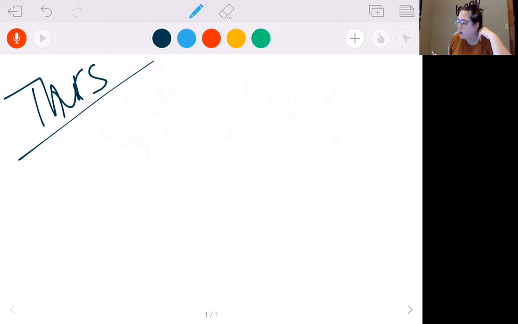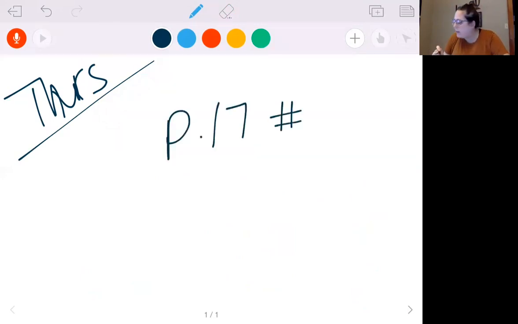Today, you're going to work on more of what we did. Sorry, Mr. Shane is sneaking by. You're going to work more on what we did on Wednesday. So you're going to be doing page 17, numbers 7 through 14. This is more of just practicing addition and subtraction. So what we're going to do is look at some problems you did yesterday and review with those. And then I'm going to let you guys do some more review on this. And then on Friday, you're going to have a little bit of a quiz on this addition and subtraction.